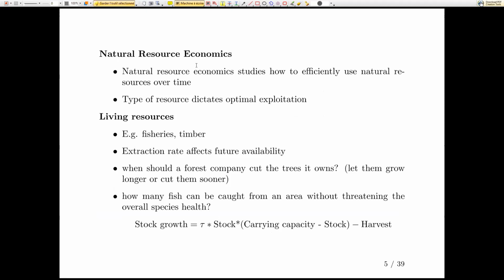So what we study in natural resource economics is how to efficiently use natural resources over time. And the type of resource dictates the optimal exploitation. So if it's renewable, so you want to